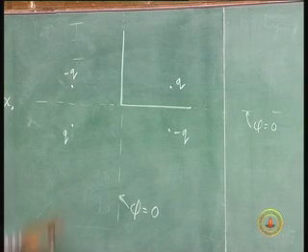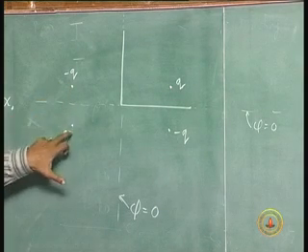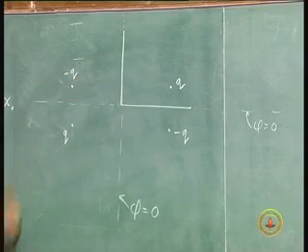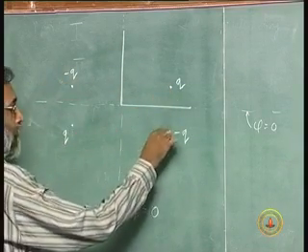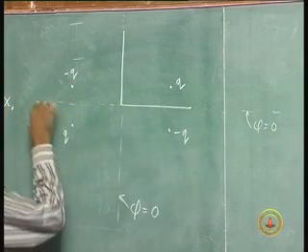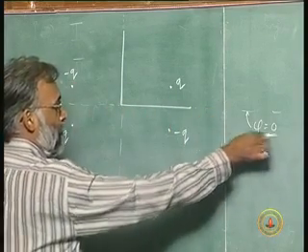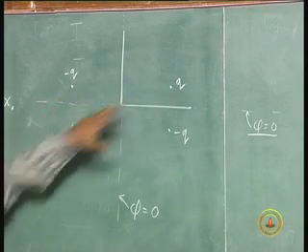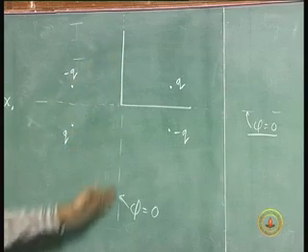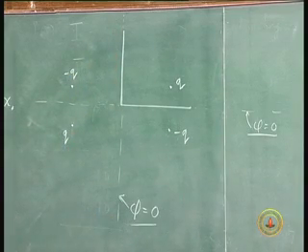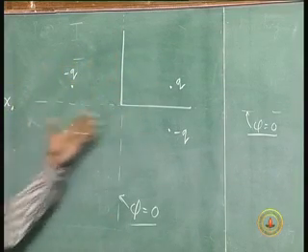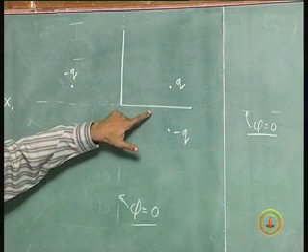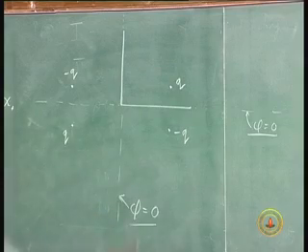And luckily, it turns out that this is not only the image charge of this, but it is also the image charge of this charge. So, now if we have all these 4 charges in place, this pair of charges as well as this pair of charges enforce phi equals 0 on the horizontal wall. This pair of charges as well as this pair enforce phi equals 0 on the vertical wall. So, this set of 4 charges achieve ground on both of these plates, and I have not introduced any charge in the